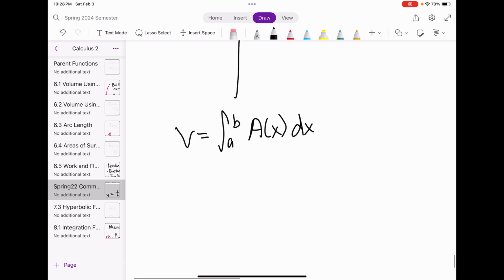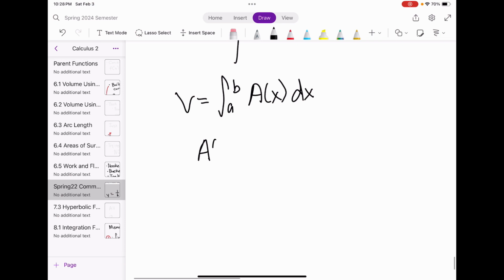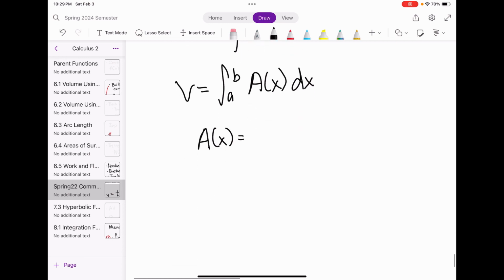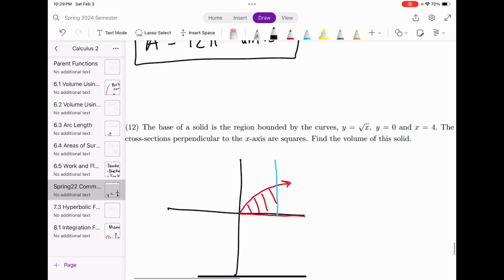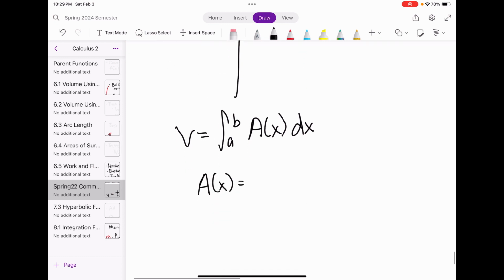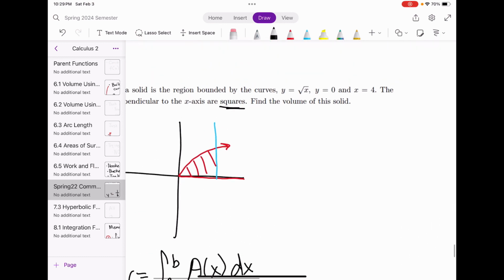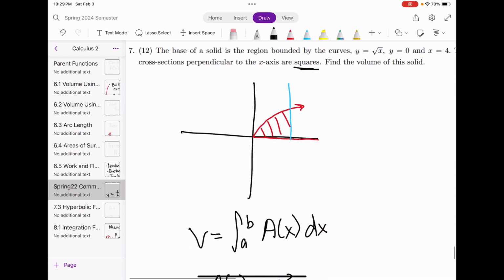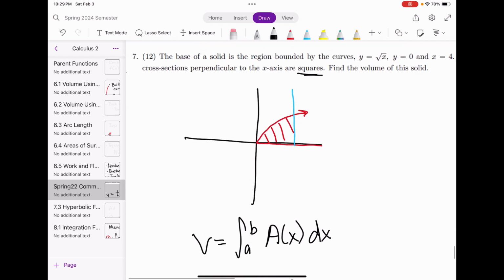So with these types of questions, the main issue is just finding A(x). There's no memorization of a formula. The area of a square, that's what we're looking for, is a side squared. And it mentions that the cross sections are perpendicular, so that means it's at 90 degrees. I can't really draw that, but basically this right here,